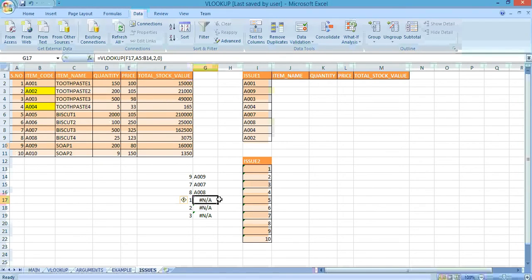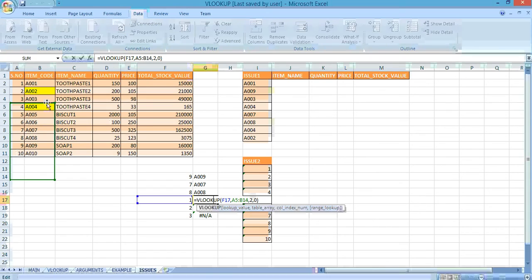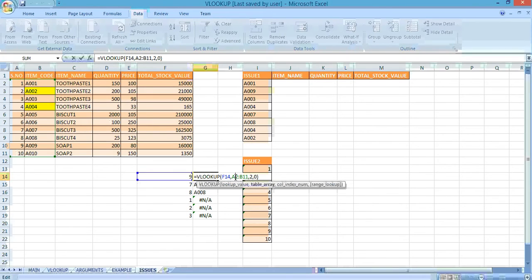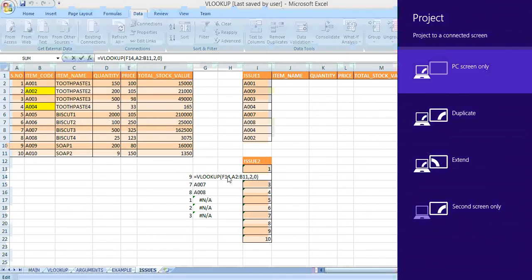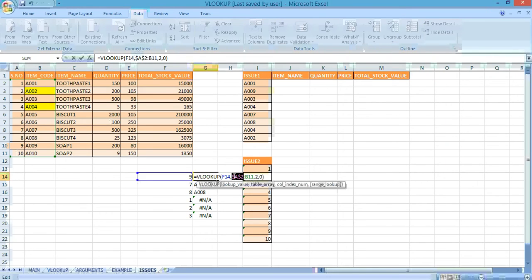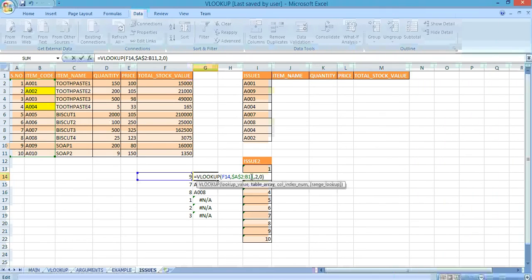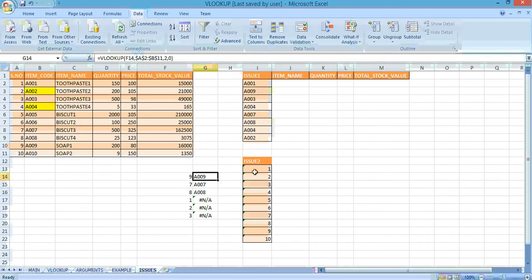So here it is not taking the second row. So how to fix this? If you have seen my previous video, you will easily solve this problem, and the people who have not seen it, they can see my previous video. Okay, so I have fixed the columns, and now I will drag it down so it will give me the desired output.